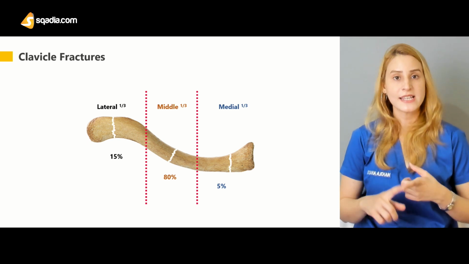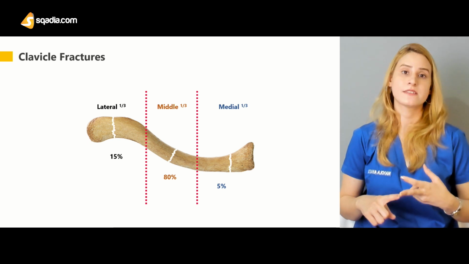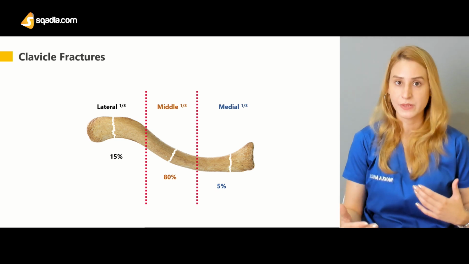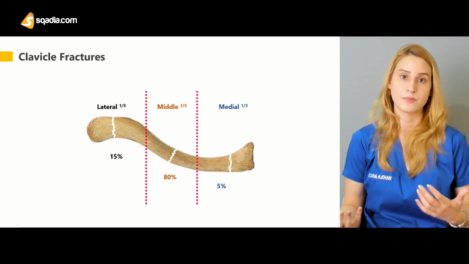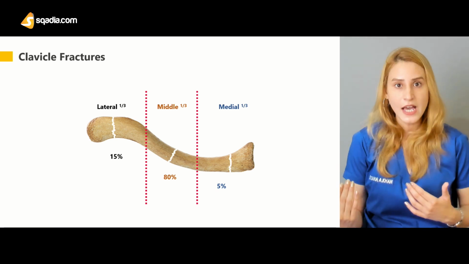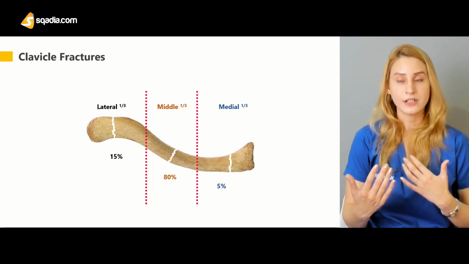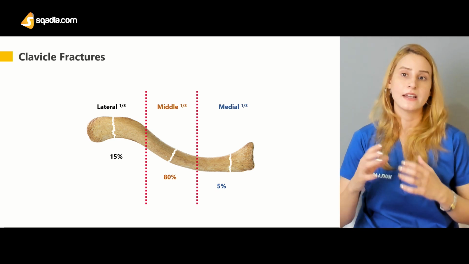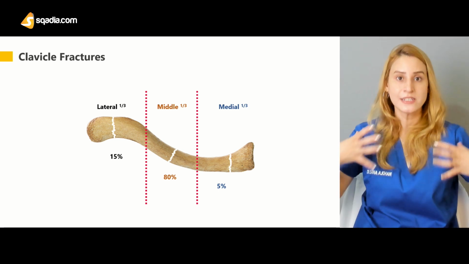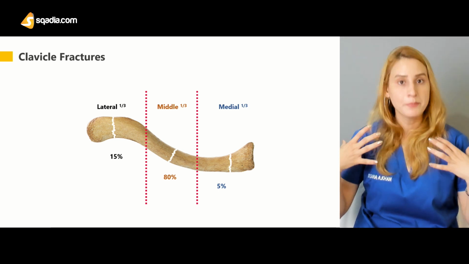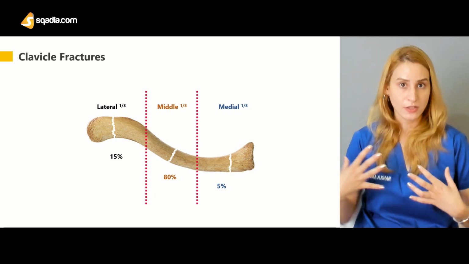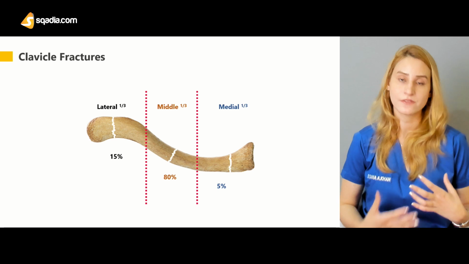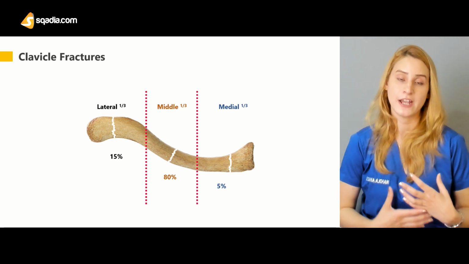So one is the outstretched hand, the other is a fall on the ground, because it's a bone which is only covered by the subcutaneous tissue. It's also called a subcutaneous bone. So there's not a lot of fat and muscle or fascia over here to protect it. That's why any blow to the anterior part of the chest may hit the clavicle at the middle part, and that is the reason the fractures of the middle shaft or the body of the clavicle are